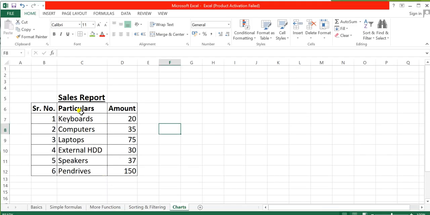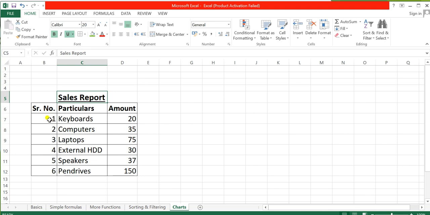First, for creating a chart, we need the data. Here I have added a table of data for the sales report, with serial number, particulars, and amount: keyboards, computers, laptops, external HDD, speakers, pen drives, etc. Now let's insert charts for this data.